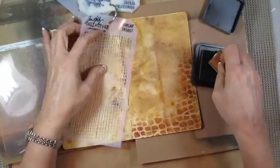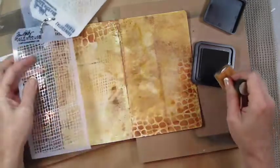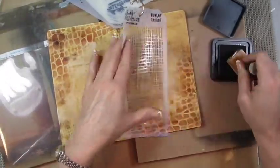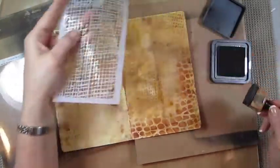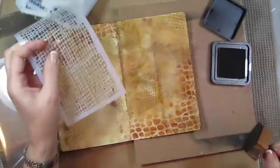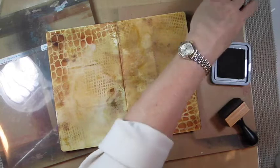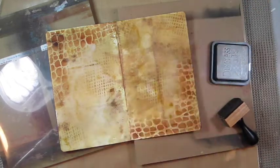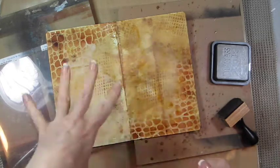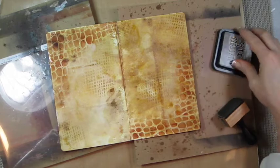But this one, what I want to do is just sponge through a little bit to get some texture here and there. Nothing really specific, just drop a little bit of texture here and there. Now, once I've done that, I'm going to do the spritz and flick technique just to get some water droplets onto my pages. So I'm going to give that a second just to start to soak through